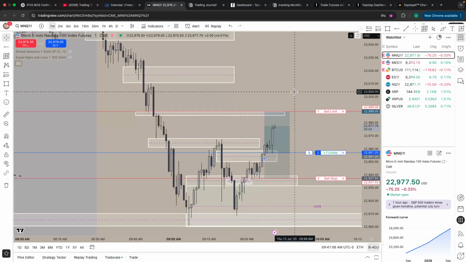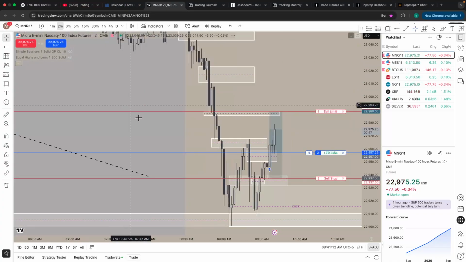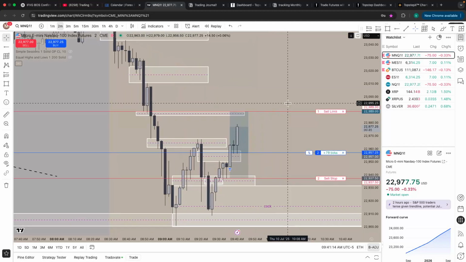I gotta text one of my buddies after this trade. Ideally, this is the setup for the day for me, because I'm usually a one-and-done guy. I don't like to take 2 trades. When I first started and was taking 2 trades, I was revenge trading. So I was just like, all right, I'm sticking to 1 trade only, and just deal with it. Whether win or loss, deal with it, move on to the next day. The trade recap today is going to be fire, I'll tell you that much.